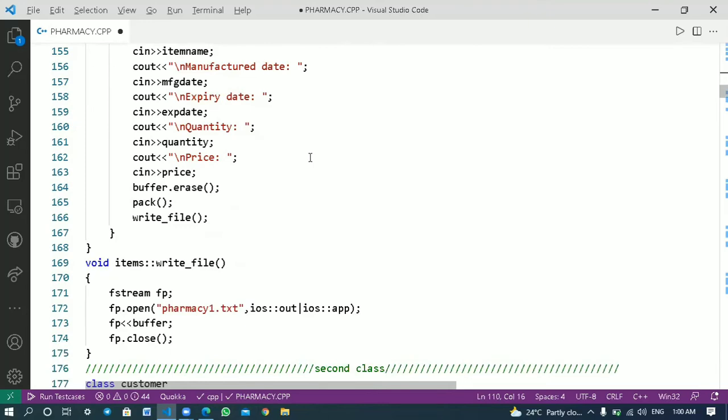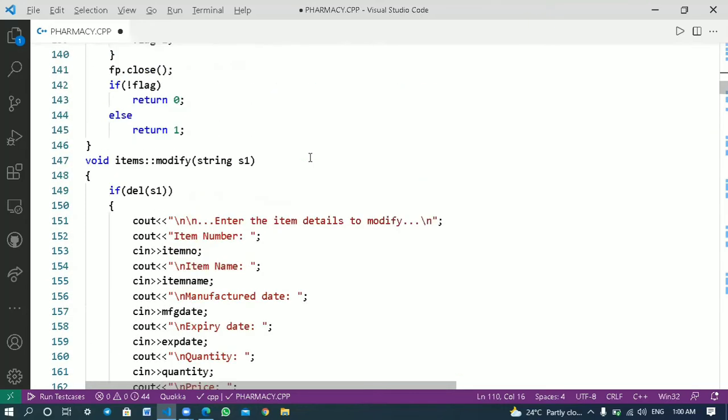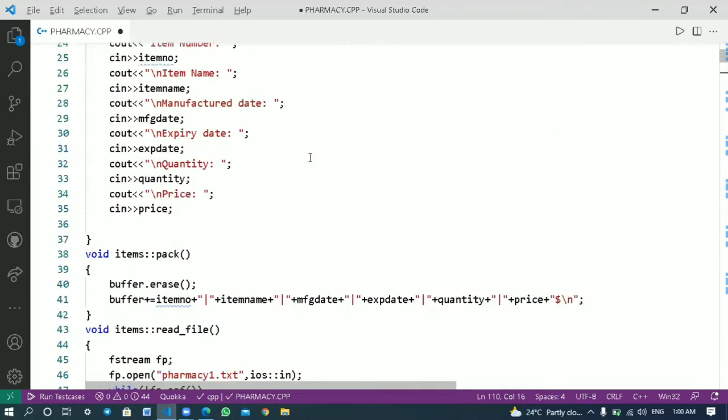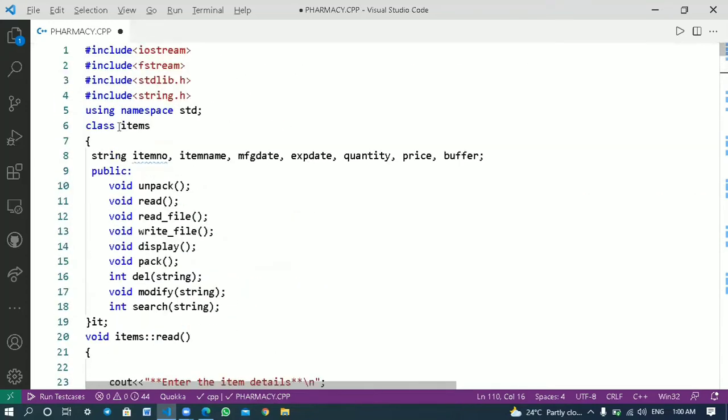This is all about the item details inside the class items.